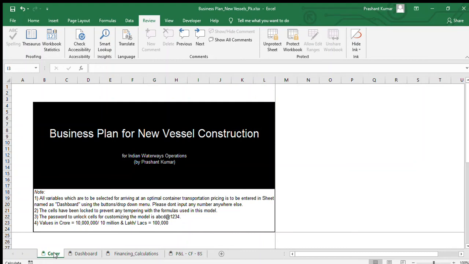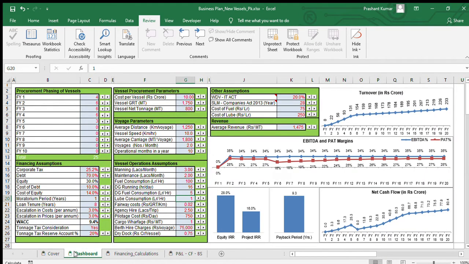I have created this business plan for new vessel construction for deployment on inland waterways operations in India. This is a simplistic business plan consisting of four sheets. The first sheet is a generic sheet providing the notes on using this model. The second sheet is a dashboard where the one using this model can enter the input variable and check on